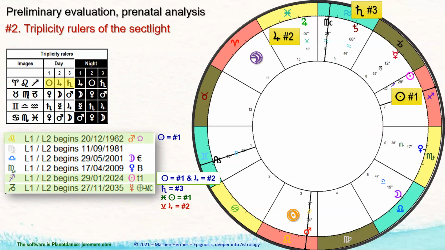And that's Saturn, the third triplicity ruler, who is himself in aversion to Capricorn, the goat horn one. But Saturn is supporting the sun, the first triplicity ruler, and is in aversion to the second one. So we might expect that there is a sort of continuation, because Schmidt said that it is best when the third triplicity ruler is supporting the first one, because then it's a manifestation of a continuation of what was happening in the good strength of the first period, right?